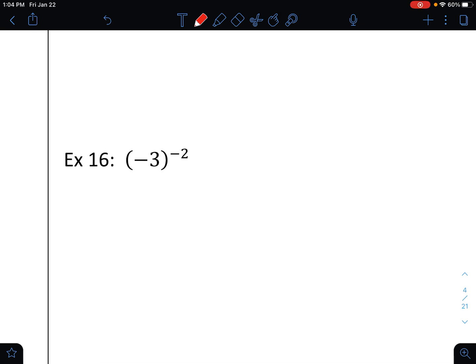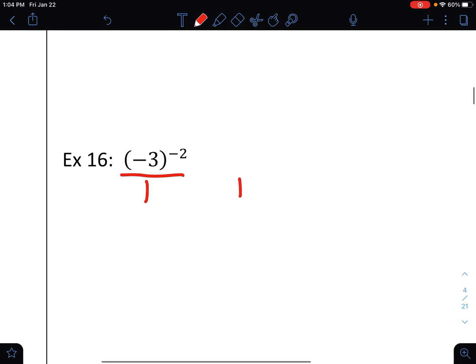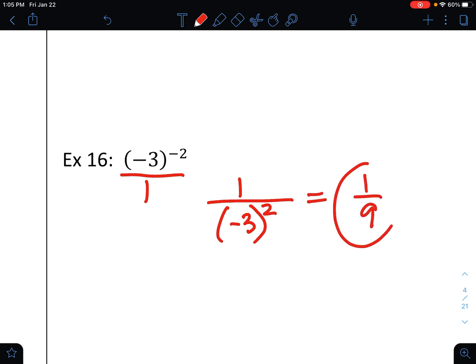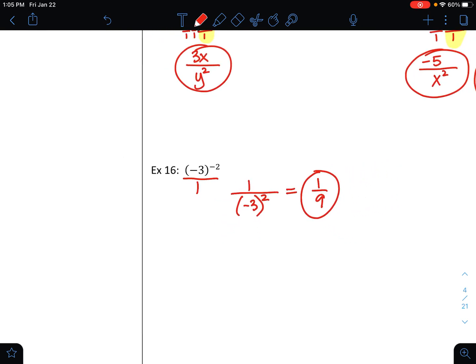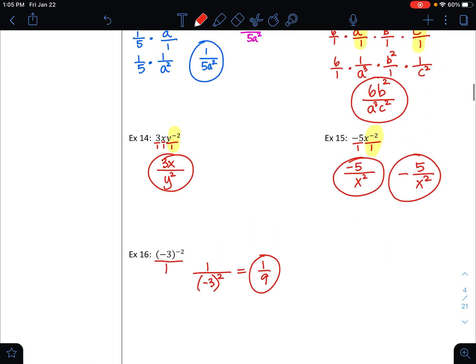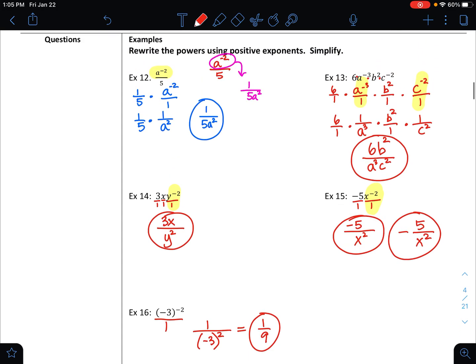Okay, 16. I see all of that to the negative second power. So I'm going to flip it over, 1 over, I'm going to leave the parentheses there, make the power positive, and now do the math. Negative 3 to the second. Negative 3 times negative 3 is positive 9. So positive 1/9 is our solution. Okay, if you have questions on zero and negative exponents,